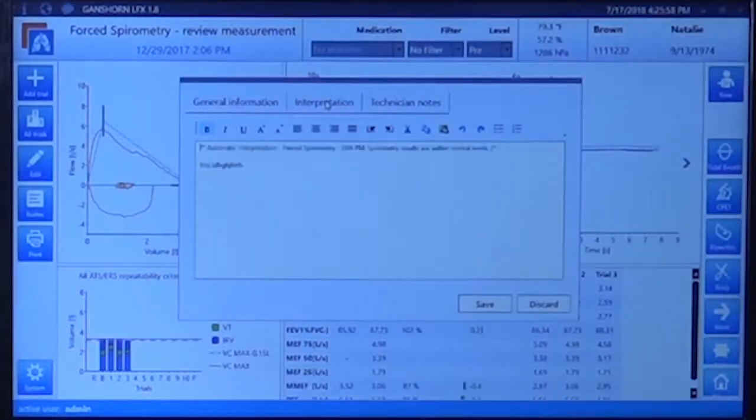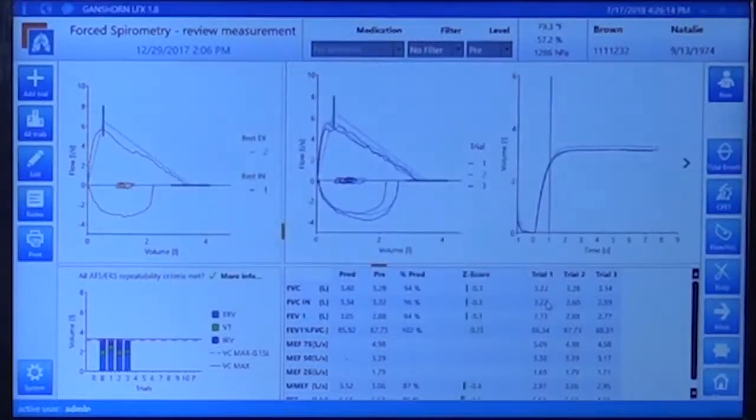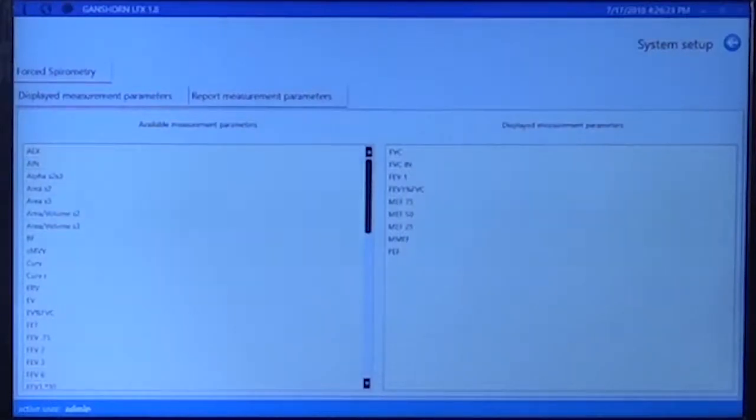When I want to do a report, I can just go to System, and I will immediately have the measurement parameters that I will see on screen and the report parameters that I will have printed. If I want to add any parameter, I just click and drag the parameter I'm looking for and easily create my report. If I want to move them up, just drag them to the place where I want them, and then I will have the report exactly as I want. Let's go back to Setup